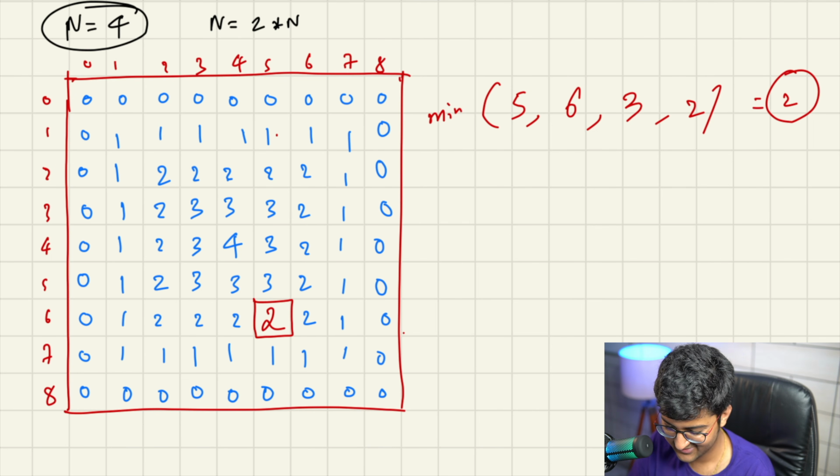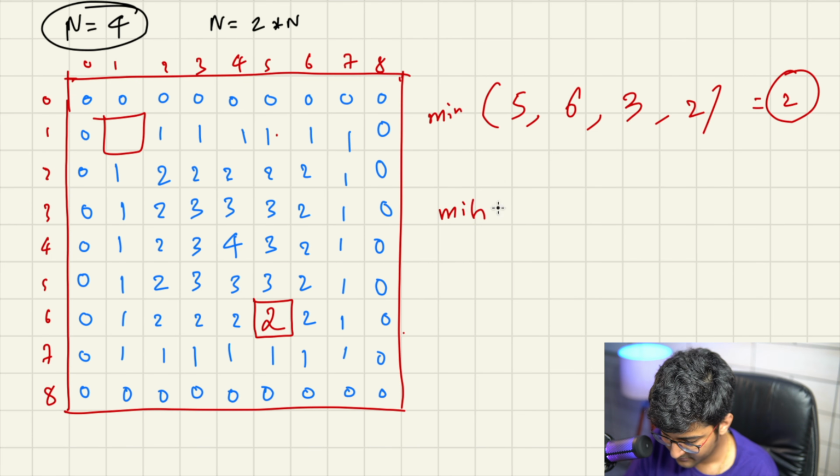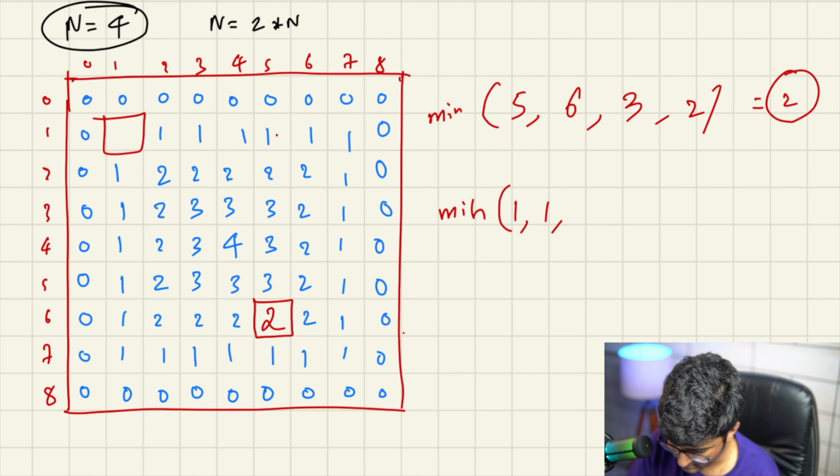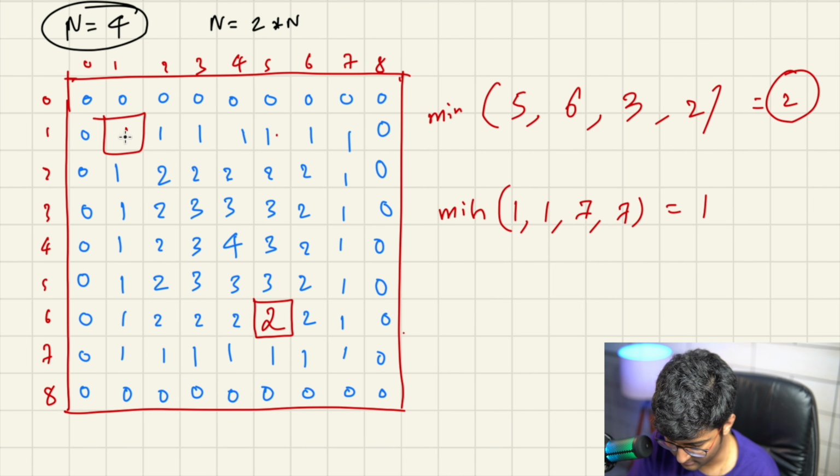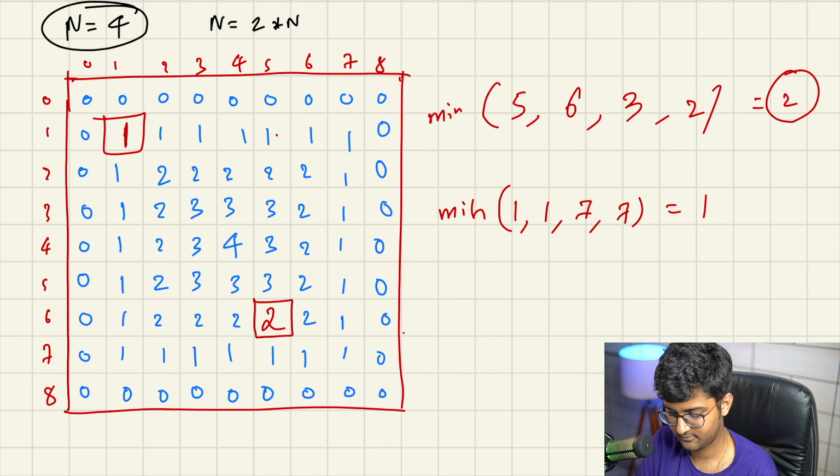Very cool stuff. Try anything else. Let's try for this one. What will come over here? So minimum of distance from the left wall is 1. From the above wall is 1. From the right wall is 1, 2, 3, 4, 5, 6, 7. From the below wall is 1, 2, 3, 4, 5, 6, 7 also. Minimum is 1. So answer will be 1 over here. Similarly for 3 and 4 and whatever. Now isn't it simpler now for the previous question?